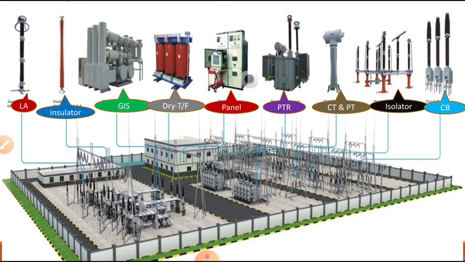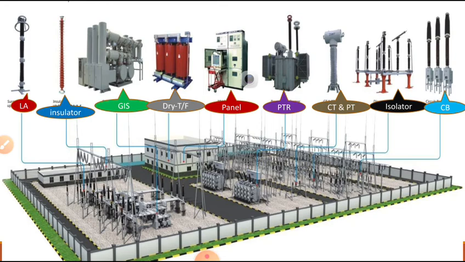So in every substation you can observe this much of the components may be present. In addition to this one, there are the battery room and station transformer, and they differ based on the application, whether it is a switching substation or a conversion transformer substation, the AC to DC conversion, or frequency conversion. Based on this, a few materials may vary. Let us see the classification of transformers next also. So these are the few components you have to use.